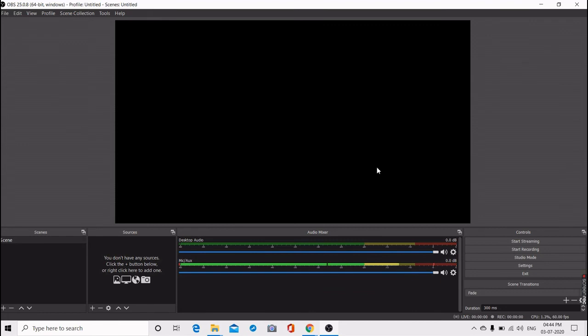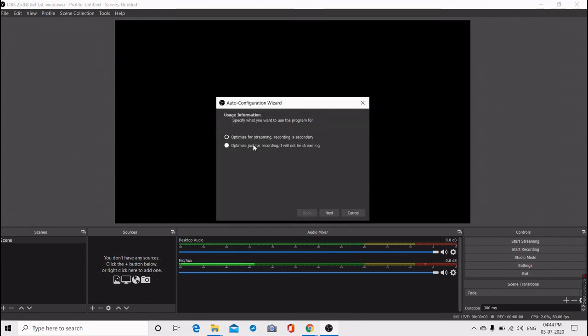Now let us understand the interface of OBS. It can be used for two purposes, streaming and recording. There is an option to optimize for streaming or for recording.